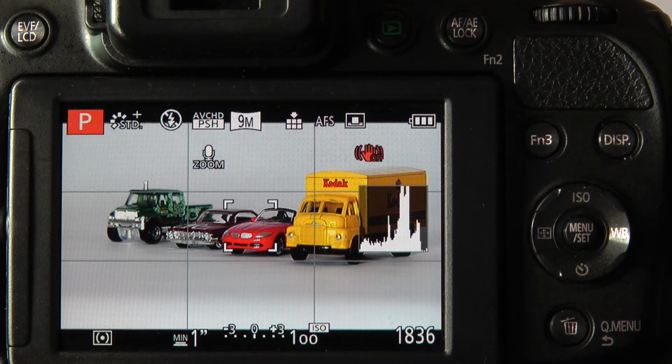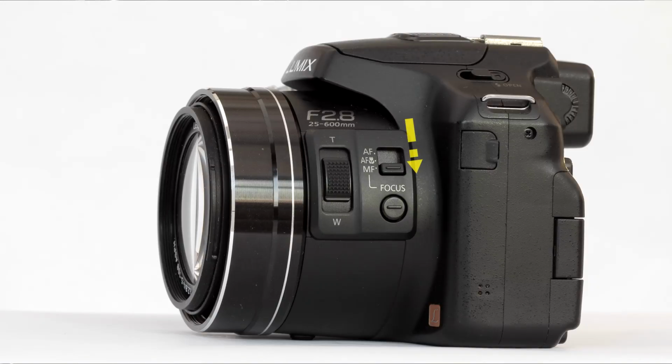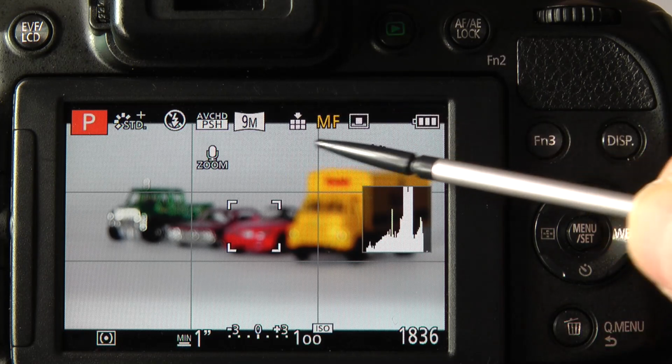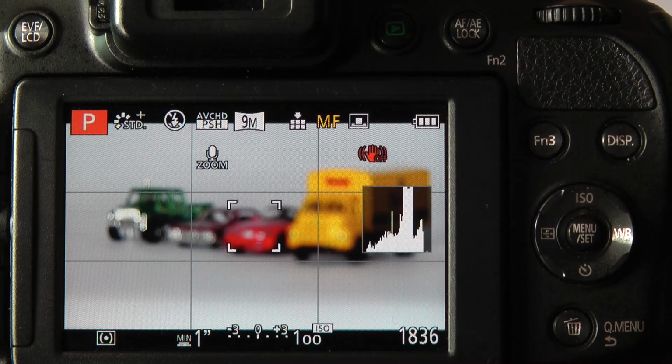Let's now look at the manual focus mode, and I get more questions on how to set up the manual focus mode than any other mode this camera exhibits. It's really a simple process, and it's just a logical one that you have to drive your mind into. The manual focus obviously gives you the option to set the focal point to where you want on the scene. To engage manual focus, we slide the switch on the side of the camera to the MF position, and that's indicated by the MF symbol appearing on the LCD display.